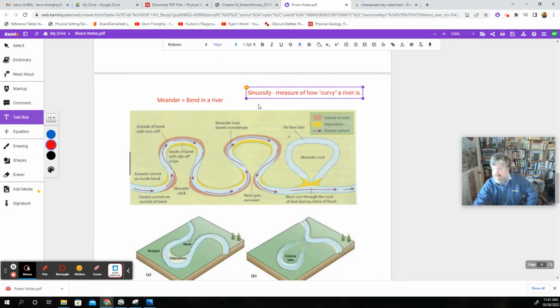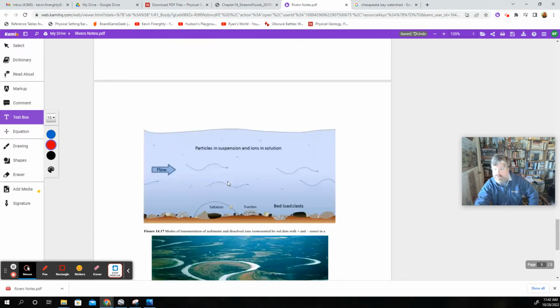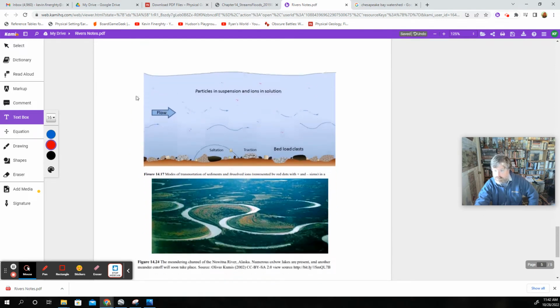That measures how curvy it is. And the relationship then is you get a higher sinuosity on flatter ground. Because again, when it's steep, the water's just going. That's it. All right, we brought up a similar diagram in the last note set, but remember,